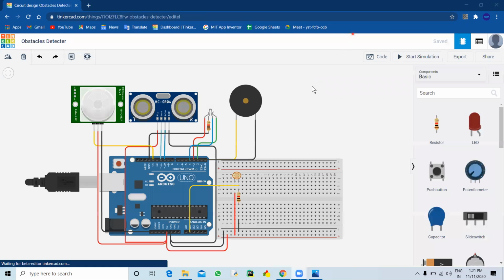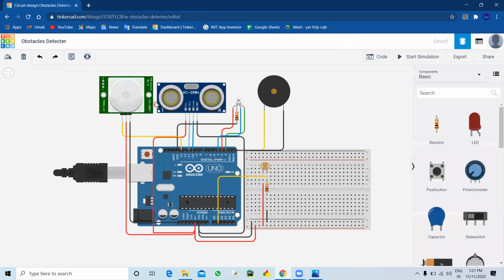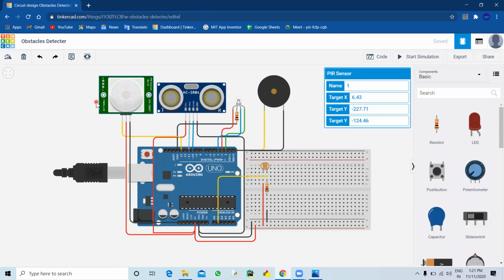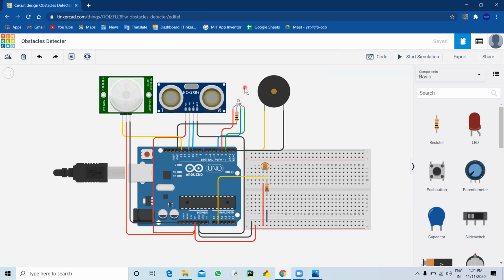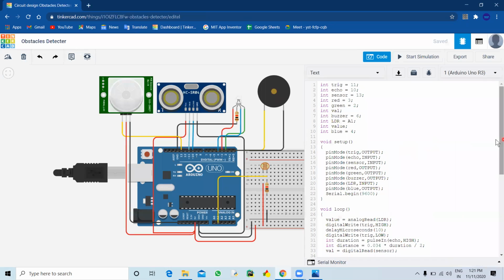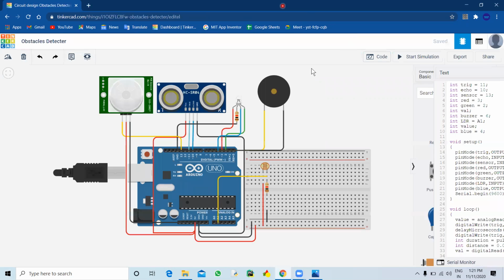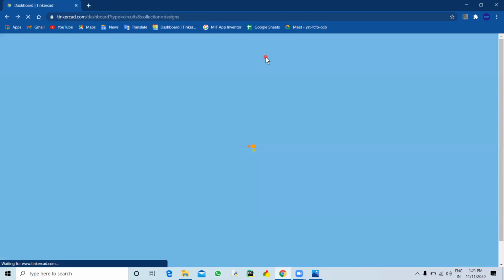I will share this with you, and see, we have not learnt about the PIR sensor yet. So in day 8, I will clear that part. We have learnt about the ultrasonic sensor, piezo, LED, and LDR. Okay, and see, this is the code. So please don't copy it for now. I will make you learn about this